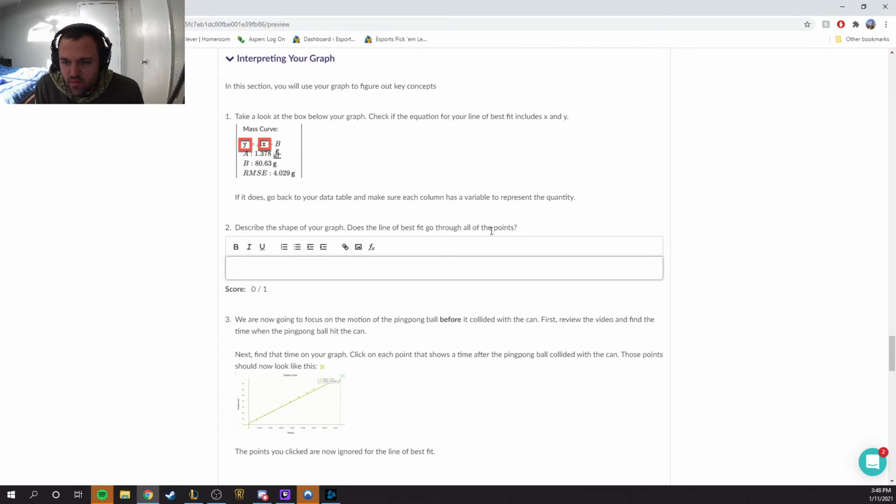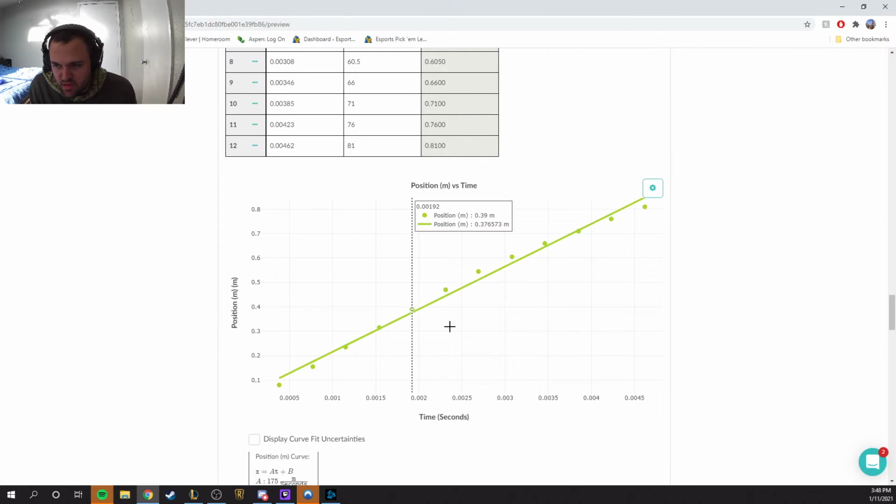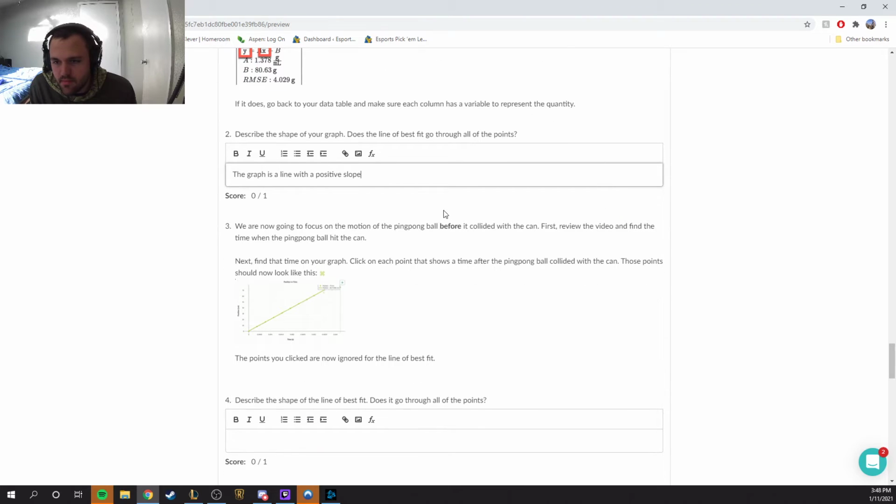So describe the shape of your graph. Does the line of best fit go through all of the points? So we can say the graph is a line with a positive slope. And all that means is that as time goes up, position goes up too, right? We're going up and to the right. And it does not go through all the points. It gets close, but you can see there is some